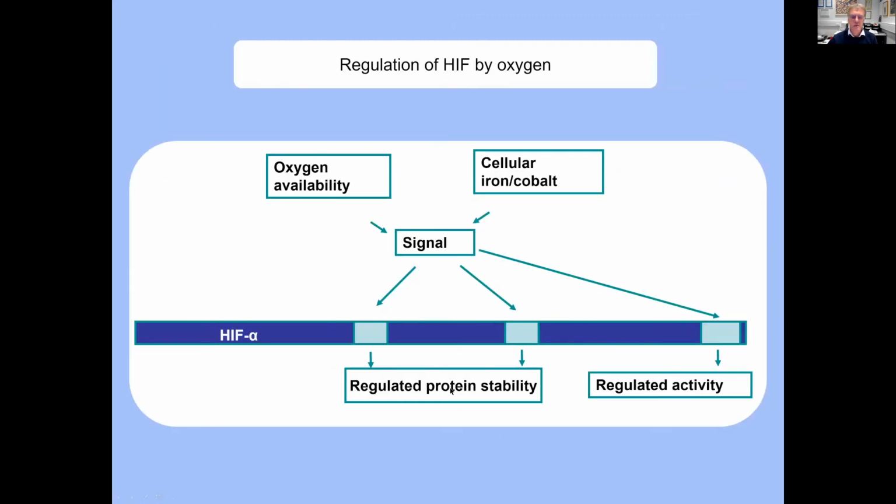So again, this is what we did. We pasted bits of HIF gene onto reporter proteins, fusion proteins, to try to identify which bits of the HIF gene could confer oxygen sensitivity and therefore must be interacting with mechanisms upstream. And we found three regions, rather surprisingly and rather gratifyingly, because we expected within the three regions, which must interface with the oxygen sensing signal, by which time we knew that this was also responsive to iron chelation